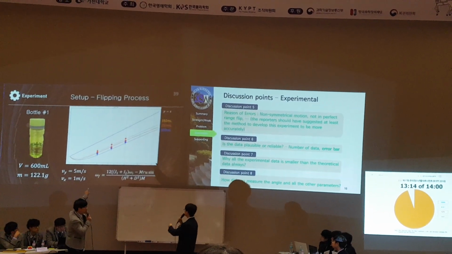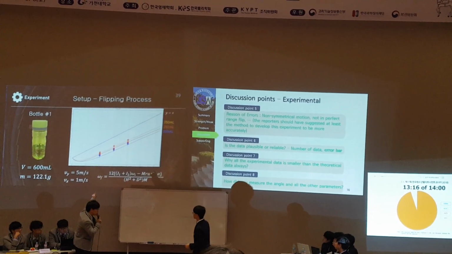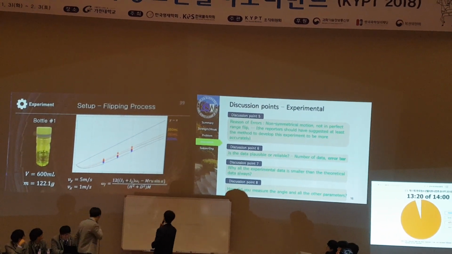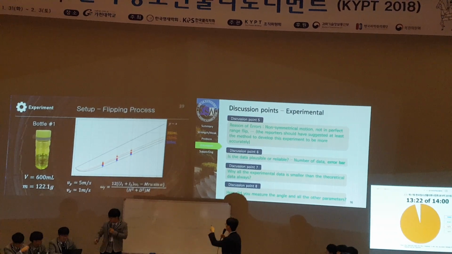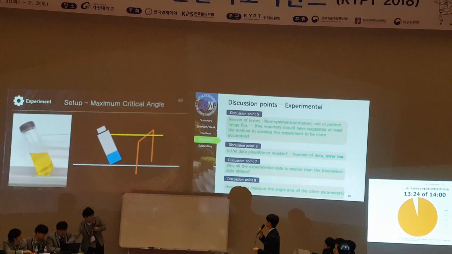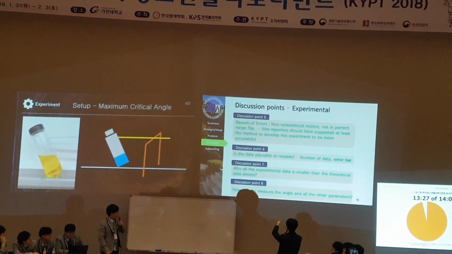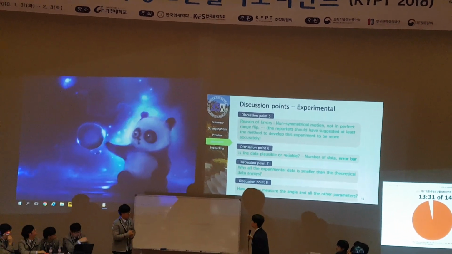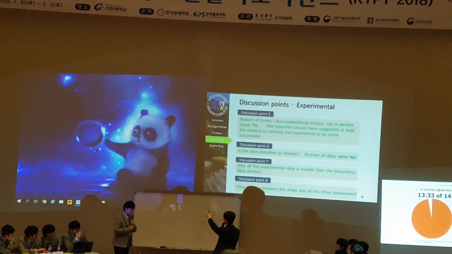However, sir, if you did it 10 times, there is an error bar right here, and there is an error bar right here. Yes, there are. Sorry, I thought it was small. Yeah, okay. Thank you. And the next one is about why all the experimental data is smaller than the theoretical data always. It's not always, but you see for the regular. But your graph has